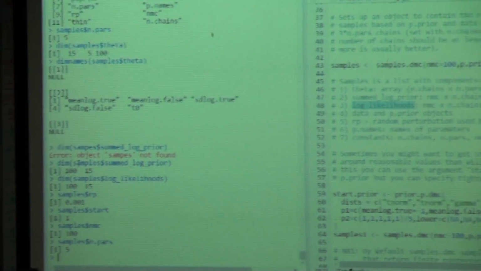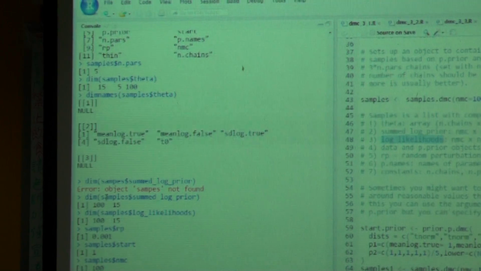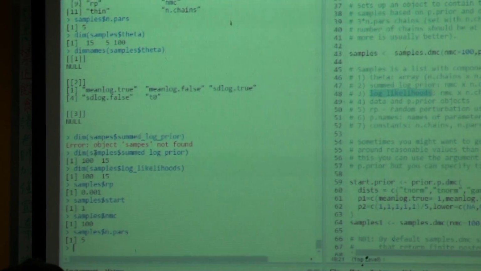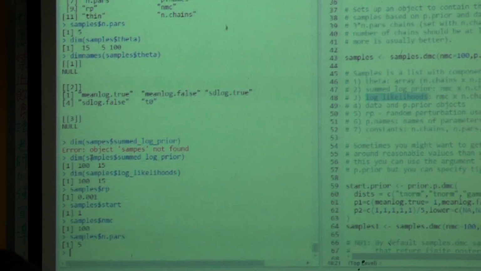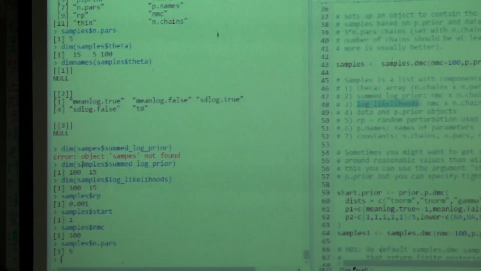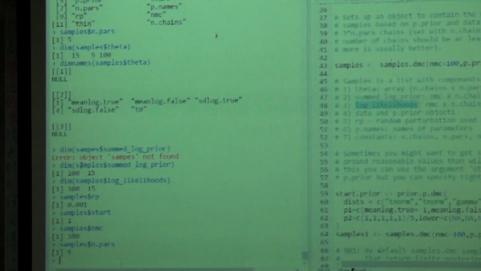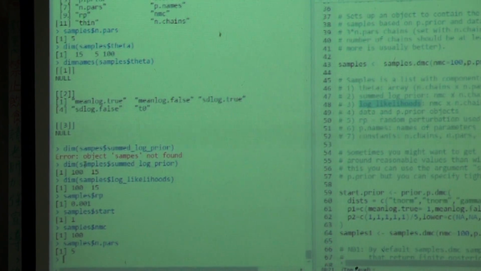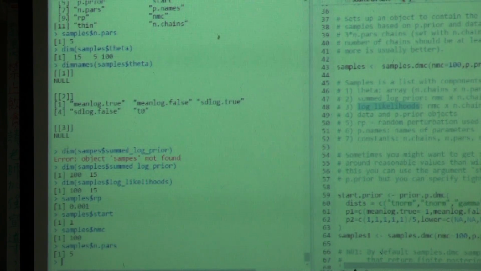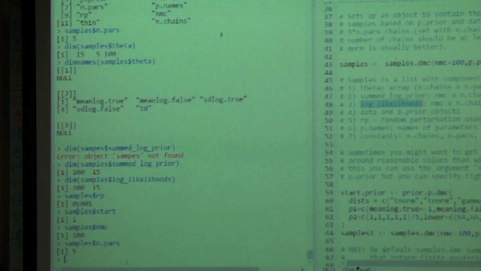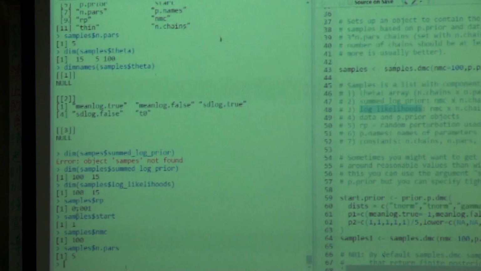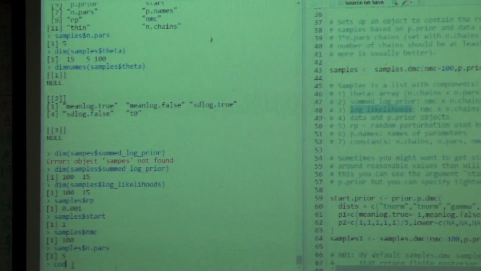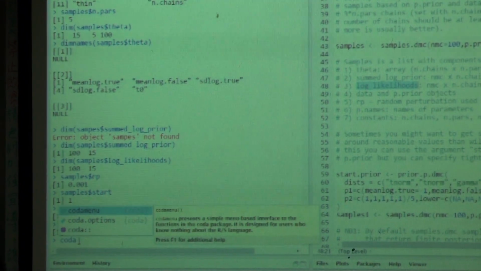We will often use a very useful package called CODA, C-O-D-A, to query and look at these objects. So I turn my structure into the CODA structure. And CODA is a general purpose package for looking at Markov chain Monte Carlo outputs. Very beautiful analysis. So I'll convert these forms into that. C-O-D-A. So CODA is